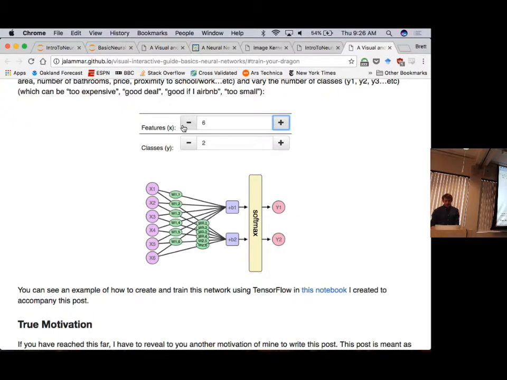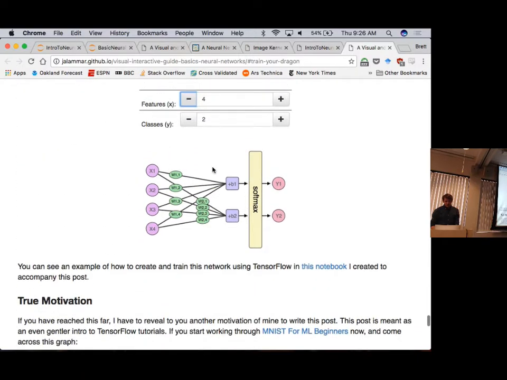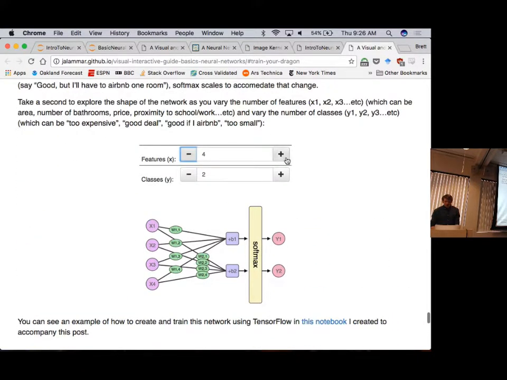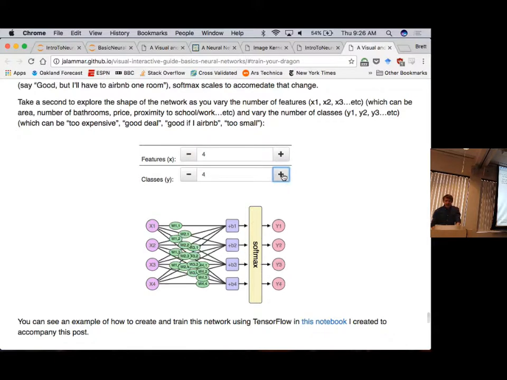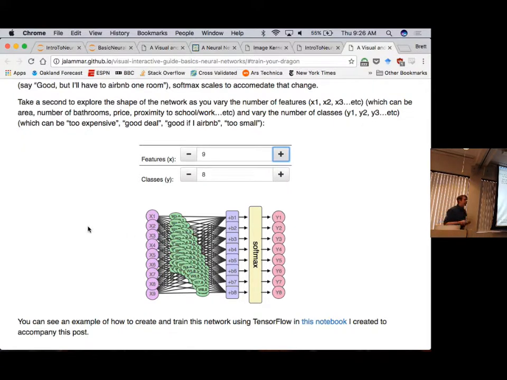The only other thing I'll show from this little demo is this bit here, which is kind of fun to play around with, down in the classification section. All we're doing here is we're looking at how the network architecture changes as a function of the number of inputs and classes. So it really quickly becomes impractical to visualize a network in this way with all of the weights and all of the biases, all of the inputs and outputs.